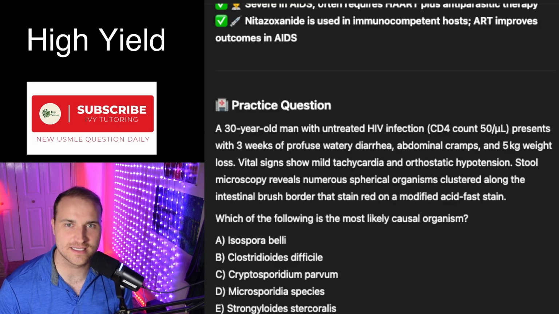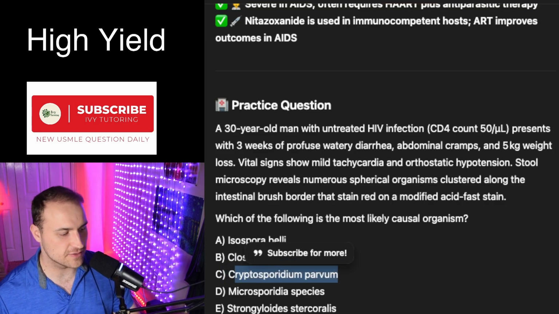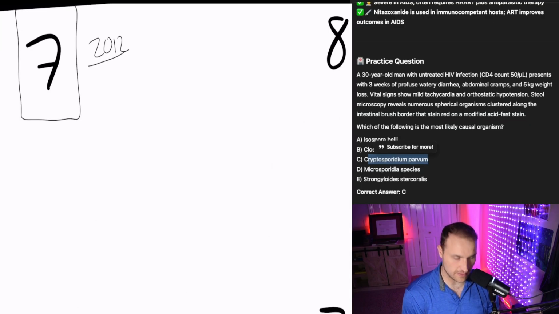We kind of already know what this is, but they also tell us that he has dual microscopy revealing numerous spherical organisms clustered along the intestinal border that has acid-fast stains. So they're really just giving you everything you could possibly ever want here to diagnose this as crypto. And some of you guys are asking, hey, what is crypto? But not in the fun 2012 way where you're all going to become millionaires. Crypto, rather in the doctor way, where you're going to slave the next 10 years of your life to learn